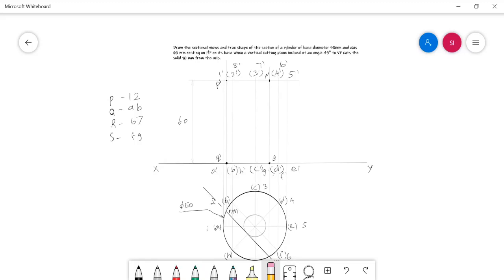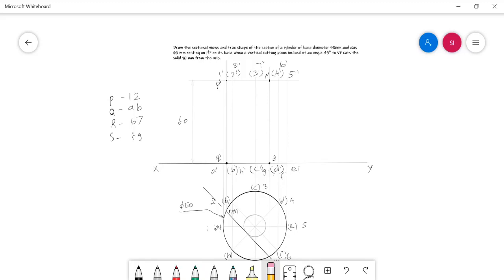Sometimes you may have a question: in the previous problems, in order to mark the cut points in the solids of revolution like a cylinder and cone, the cut points should be connected with smooth curves and not with straight lines. This is what the condition was in the previous problem.